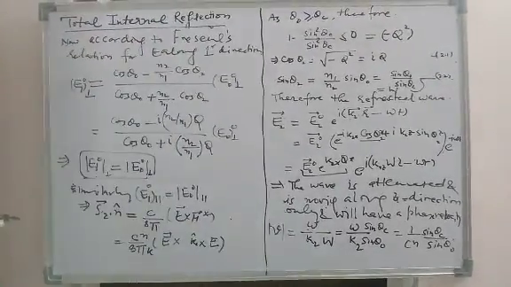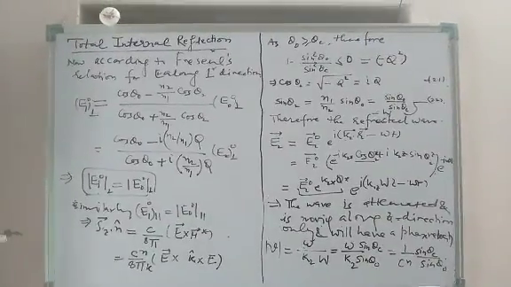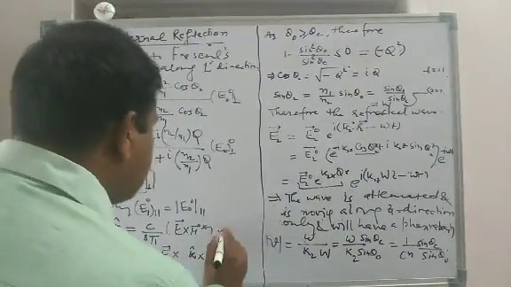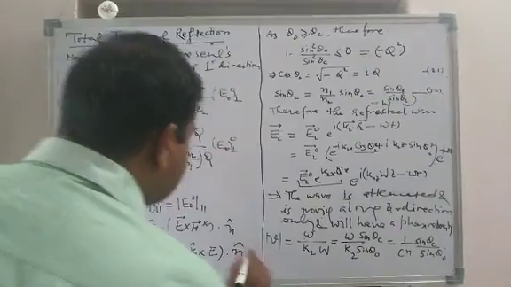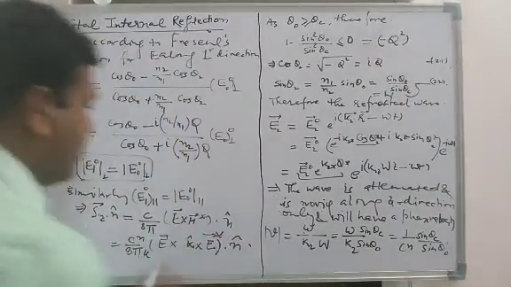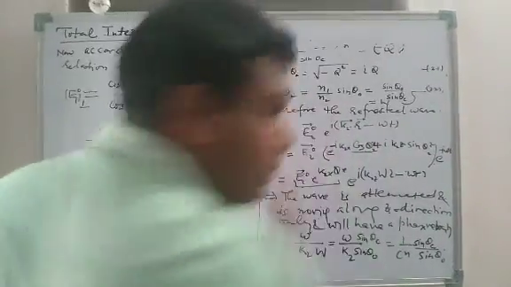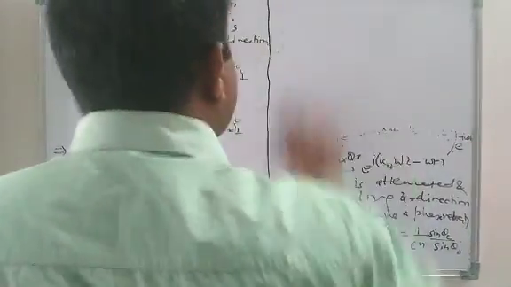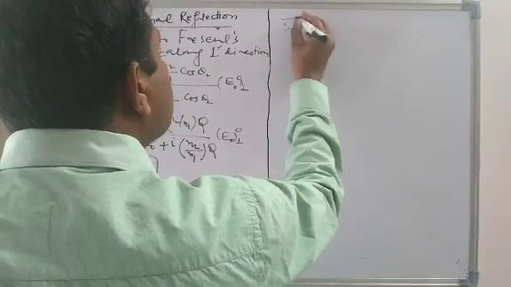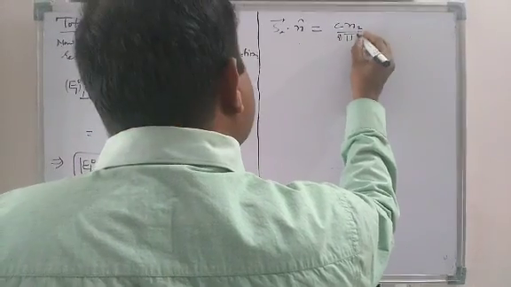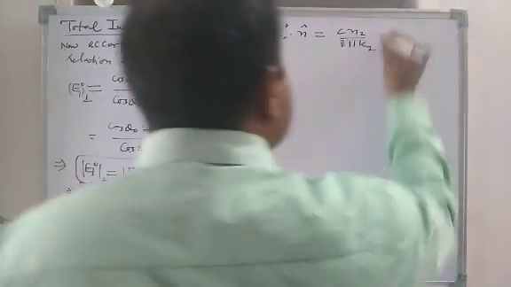Okay, so now what I will do is the following. I will try to, and of course then you have dot n hat. Okay, so this should be there. So remember, this n hat was the direction along which the wave propagates. So this is n2 in fact. Okay, so if we take that, what I will get is essentially only one term if we solve this triple vector product. So this would imply S2 dot n hat is equal to C n2 by 8 pi k2 in fact, and this is going to be